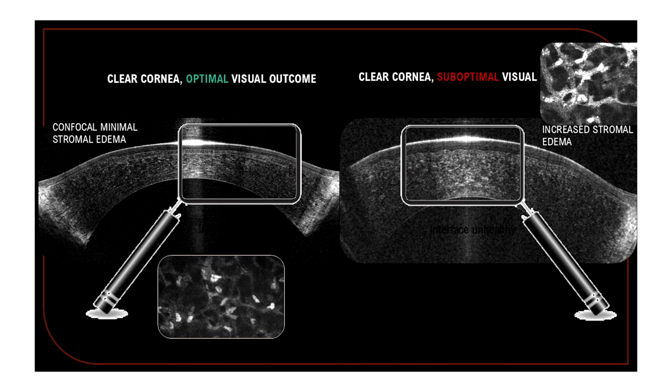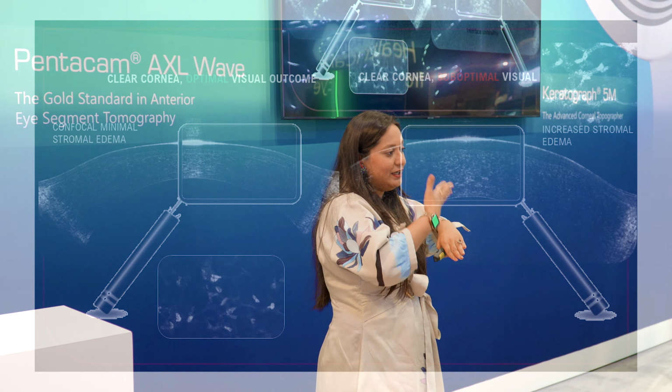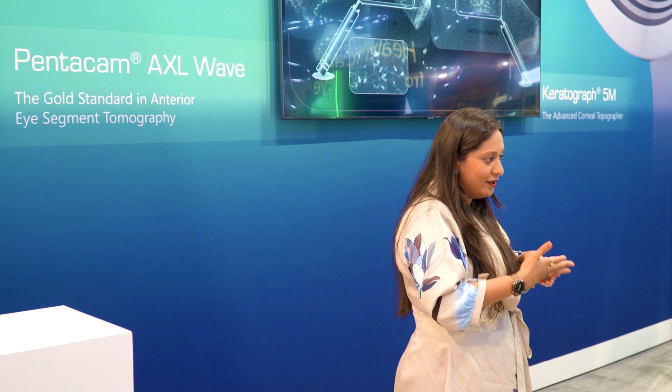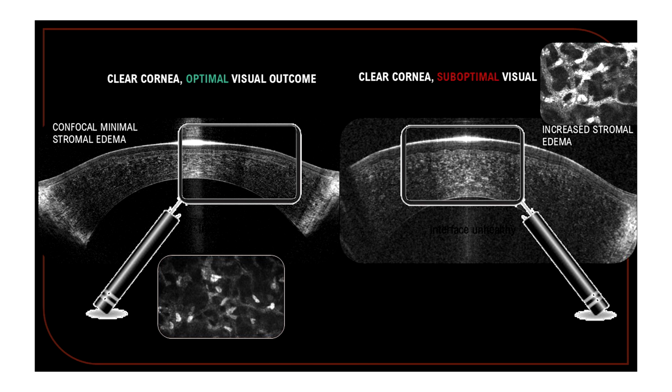If on day 1 you see the OCT of these patients, in the patient who was happy you can see the interface line very clearly. But in the other set of patients who were unhappy, you cannot make out the interface, you cannot see the line. And if you look at the Bowman's membrane, this one is a very straight Bowman's membrane, but here you can see a lot of wrinkles. So the patient's quality of vision is not good because of the interface edema and the wrinkles in the Bowman's membrane. Now, why does this happen?